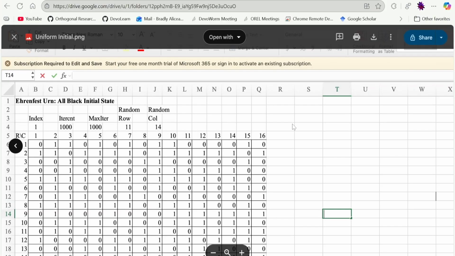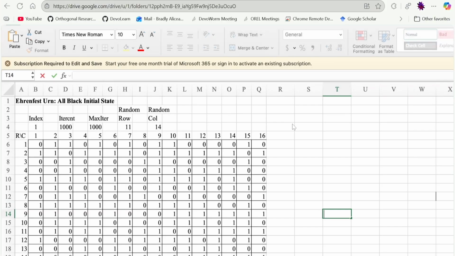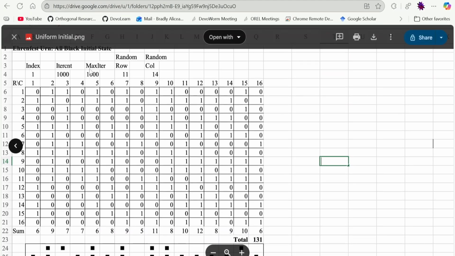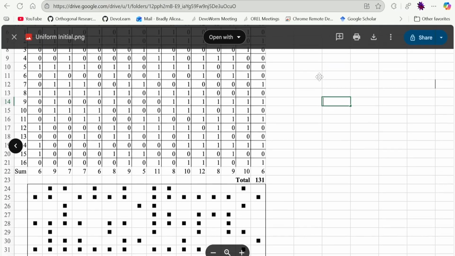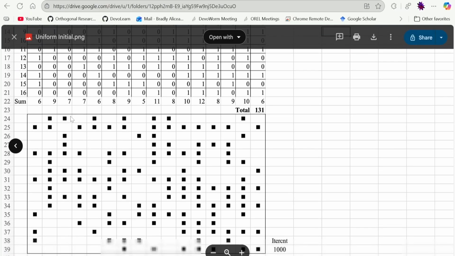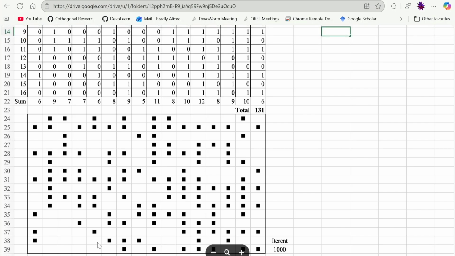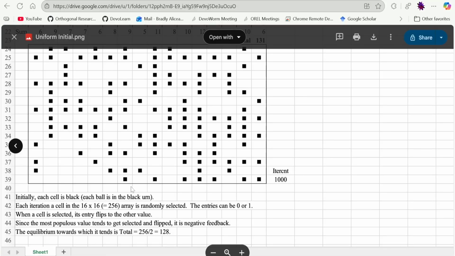This is the Ehrenfest urn, where we have a uniform initial condition, or an all black initial state. So again, we have an initial state that's all black, and then we play the game and we get to the point where this array occurs. And so initially each cell is black, each ball in our...